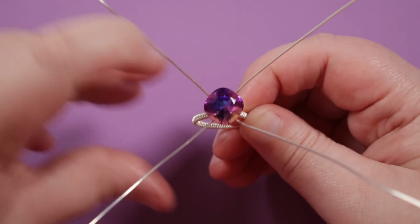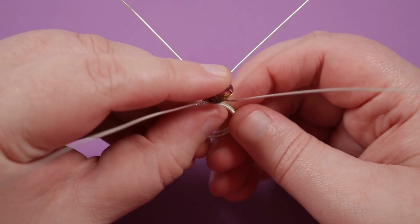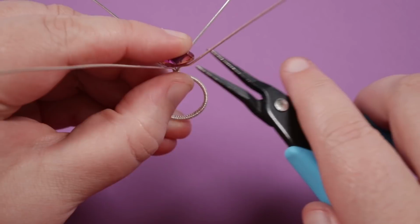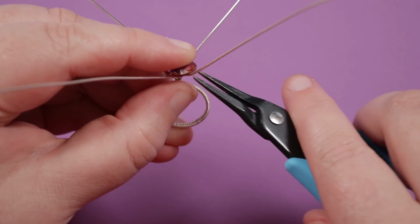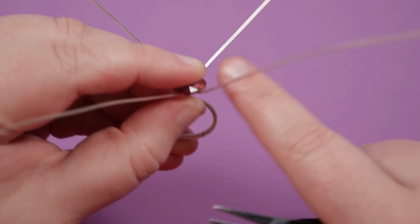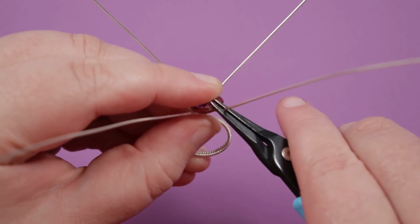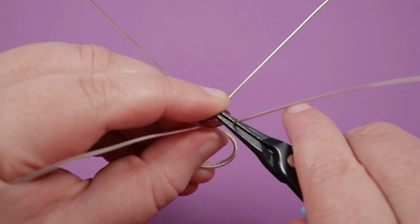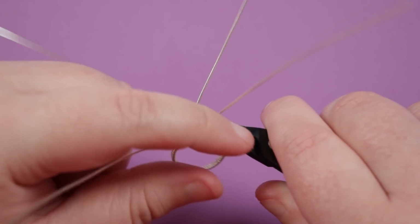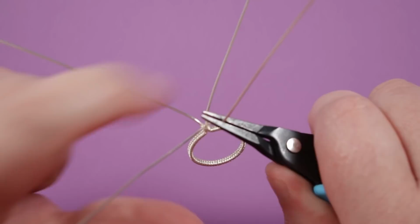And then we need to start actually making the prongs. So I like to put my finger on the stone so it stays in place how it needs to end up sitting. Then I take my tweezer nose or flat nose, whatever you have, and I use the pliers themselves to help make sure that all my prongs get as even as possible. So I'm going to bring my pliers and I'm going to rest them against the stone and then grab onto the wire. You can then remove the stone while doing this, and then push this length of wire and go and push it towards the other